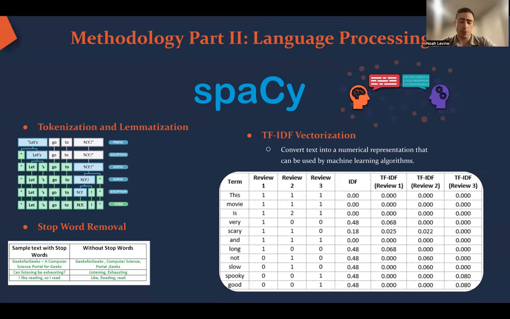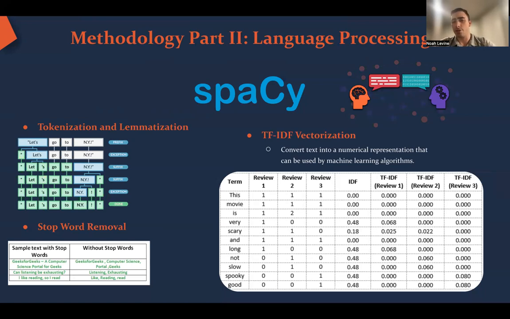Then it also removes certain stop words, unnecessary words. Like here, you can see for the bottom example, I like reading, so I read. I and so aren't necessary, so they're not included. And for the efficiency of the program, we want to remove as many stop words as possible. And then finally, there's something called